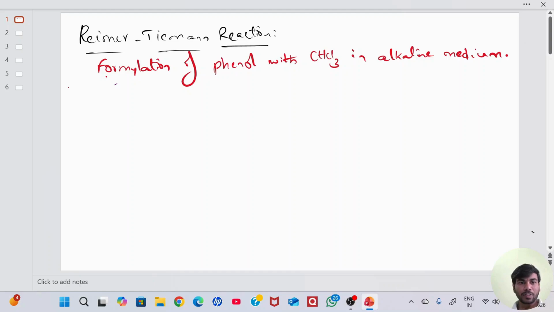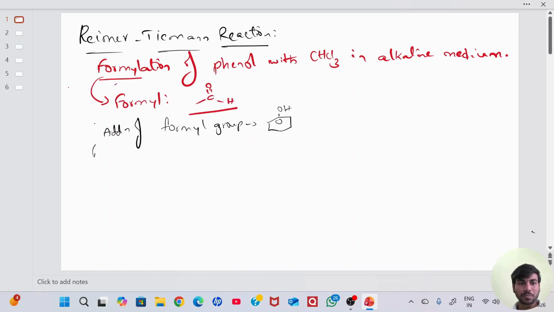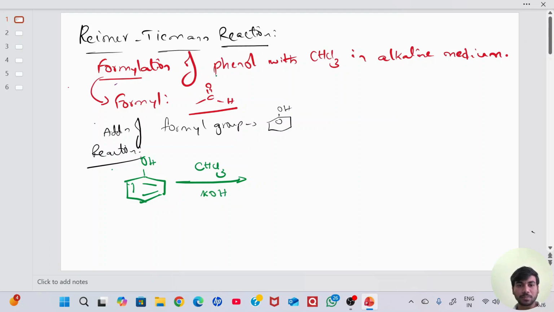Okay. So formylation, coming to the term formyl, what does it mean? It is a simple aldehyde group. So let me develop the reaction for this statement. Take the phenol molecule, and to the phenol molecule you simply add some chloroform, trichloromethane,